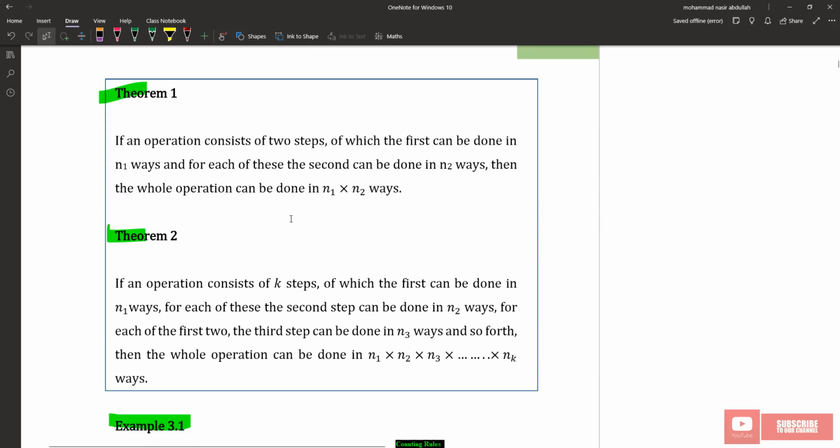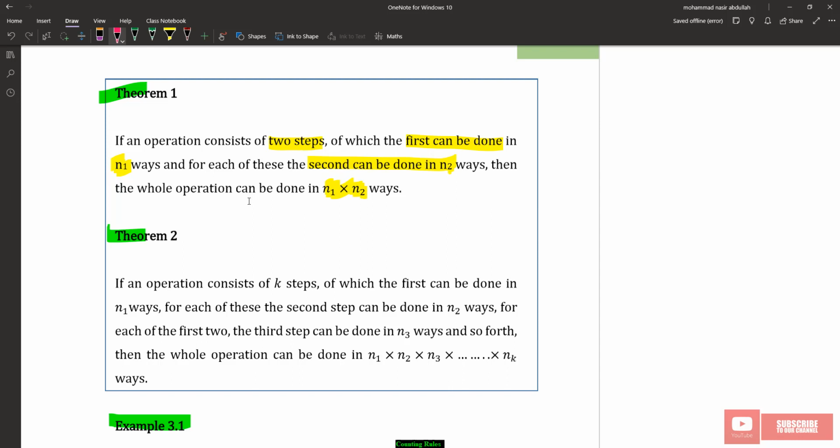So the first theorem is: if an operation consists of two steps, where the first can be done in n1 ways and the second can be done in n2 ways, then the whole operation can be done in n1 multiplied by n2. So what does it mean? It means that, let's say you have